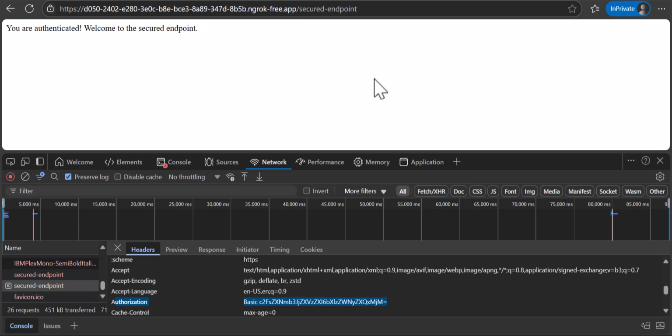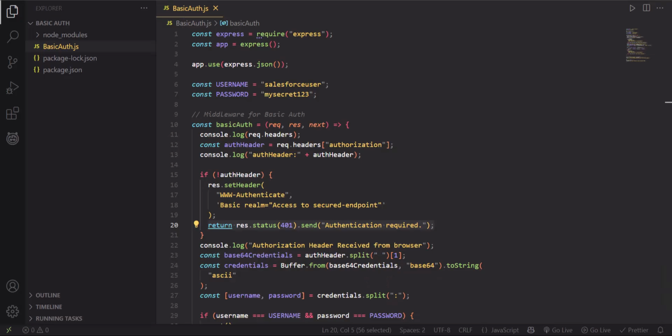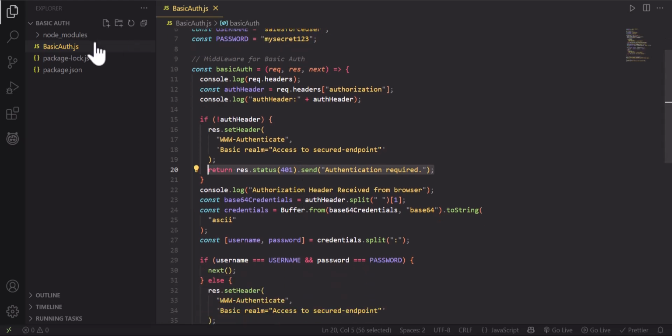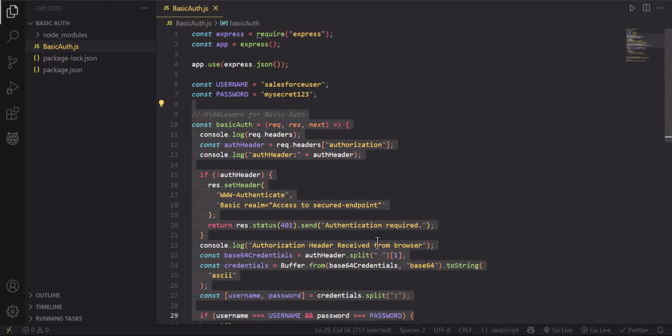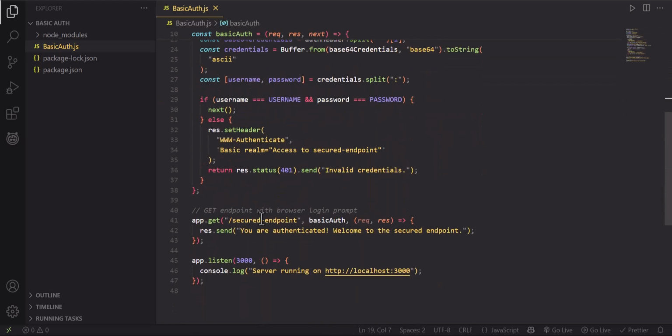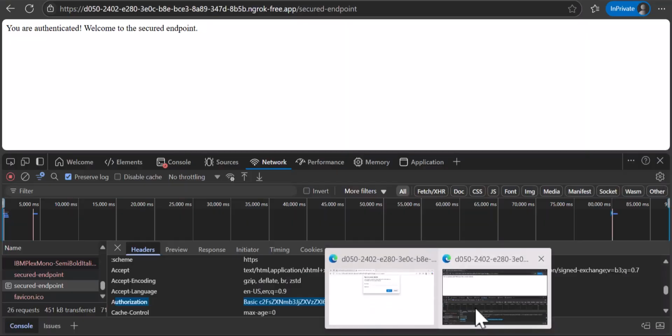Now let's analyze our JavaScript code, to see how that code is letting the browser know that it is basic authentication, as a result of which the browser is prompting for a username and password. Let's go back to our JavaScript code. If you remember, we understood up to this point, and after that, I said that I will explain these things later. And I explained this one, these two things. So what is happening? As soon as we entered this